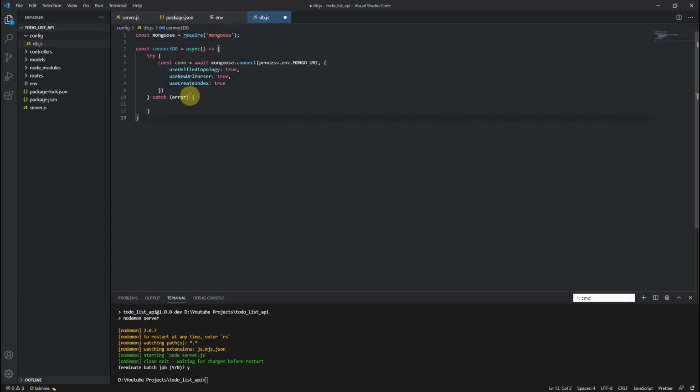Okay, now if that database is connected, then console.log.